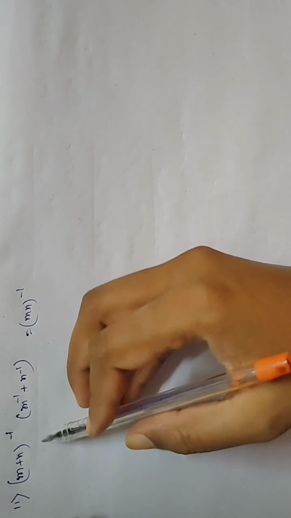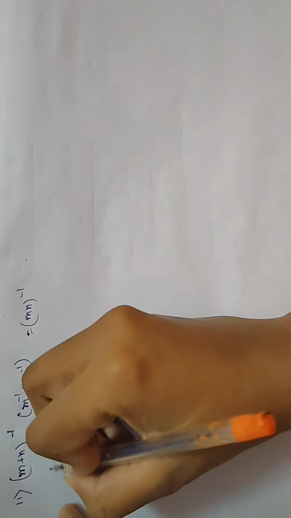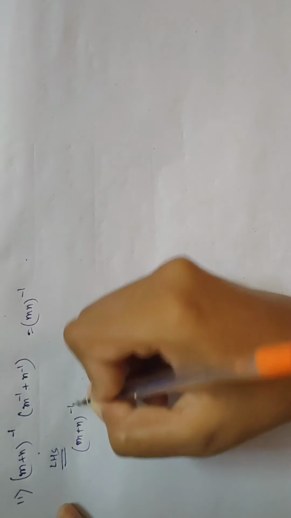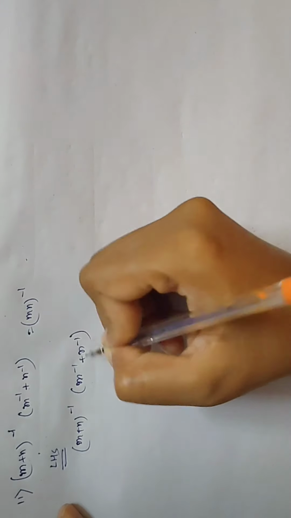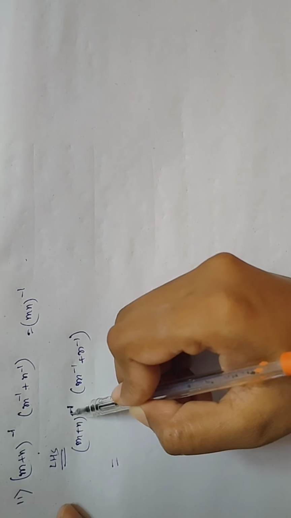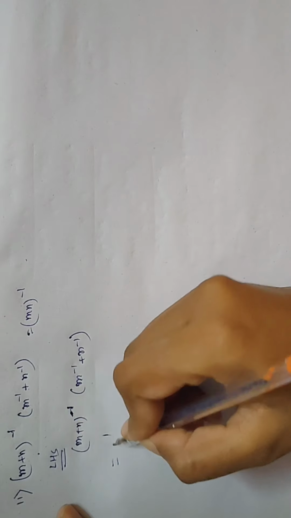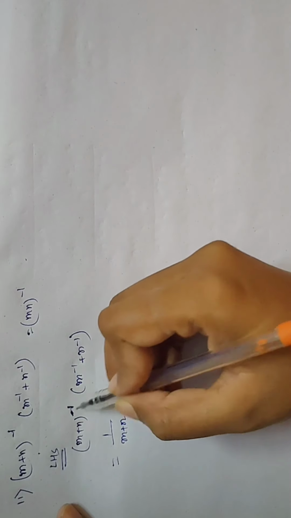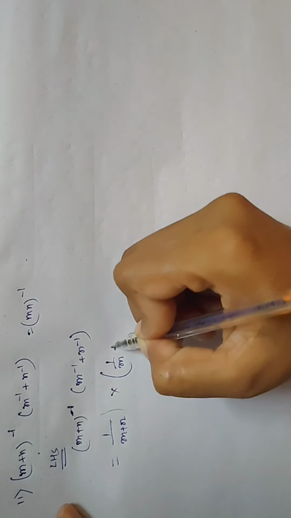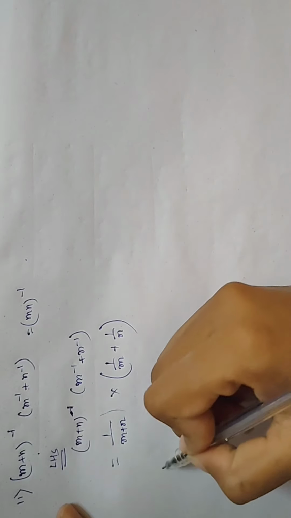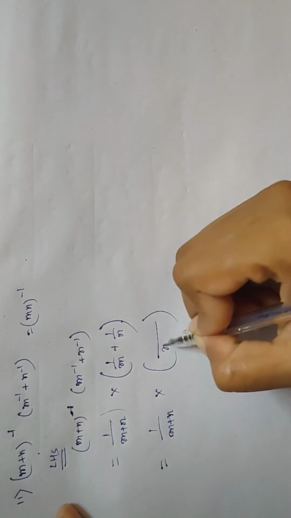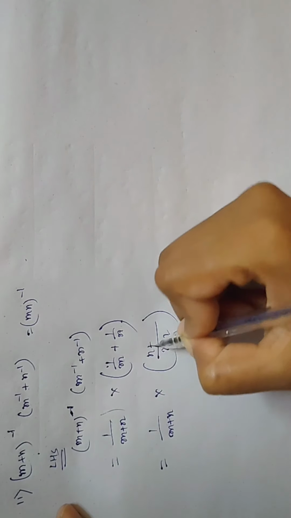Okay, in number 11 you have to prove that this LHS and RHS both are equal. So let us take it as LHS. M plus N whole inverse, M inverse plus N inverse. Listen, when there is a negative sign, we can make it positive by reciprocating it. So we can write it like this now, and this whole to the power 1, no need to write. Similarly, here we can do it like this, 1 by M plus 1 by N. Fine. Next, 1 by M plus N into the LCM, which will be Mn.